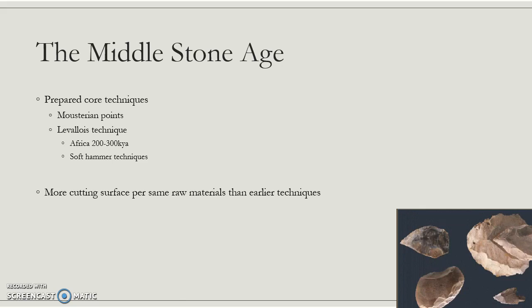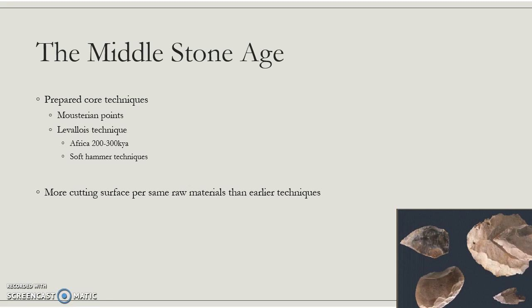So maybe not literally every flake, but many flakes that are being removed from this core are turned into smaller tools, like arrowheads. Well, maybe not arrowheads, but spear points. So smaller stone tools that are used for a wider variety of things. And the way this works is that the technique for making the tools has actually changed. You're no longer banging this hammerstone